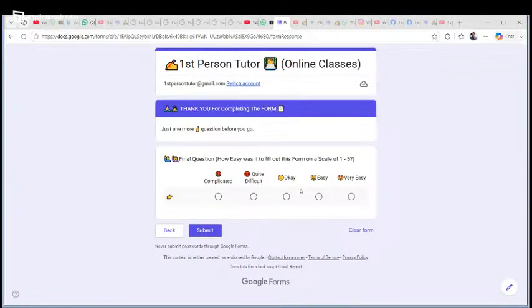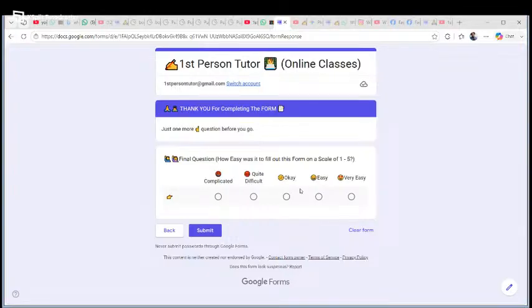And here we are. This is the final part of the form. In other words, if you finish page 4, you're done with the form. But this is just a fun thing that I threw in there to say, one, thank you for completing the form. One more question before you go. Was this form easy to fill out? Yeah? I did my best to guide you.